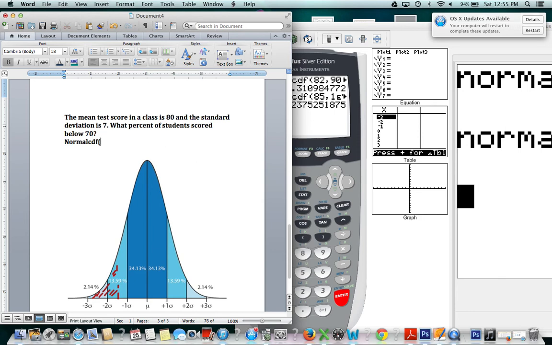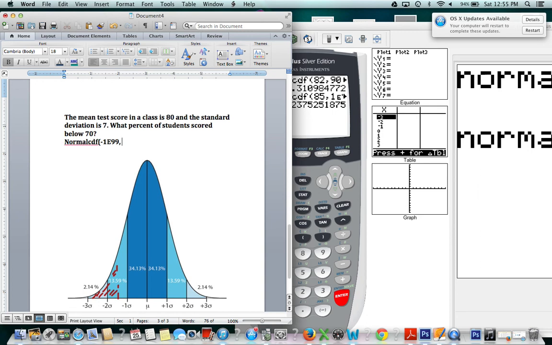And we don't have a lower bound in this case. We want below 70. Of course, you may say, well, you can't score below 0. And in most cases, that's true. But just in case, perhaps you want to get that small number in as your lower bound, just in case the context calls for a really tiny number, lower than 0. So for my lower bound, as my smallest possible number, I'm going to put negative 1e to the 99th,